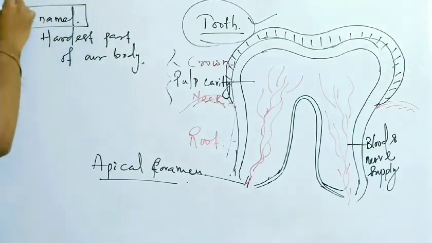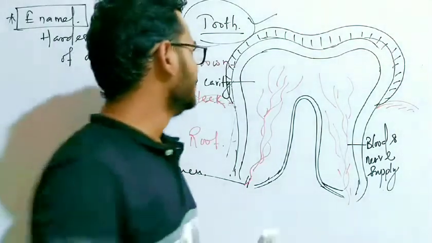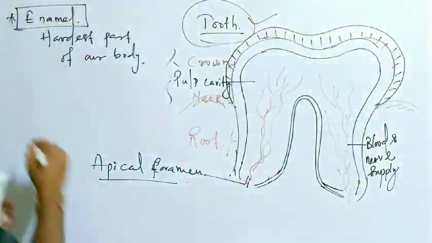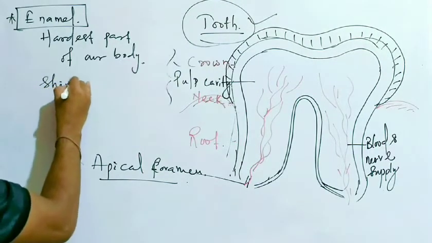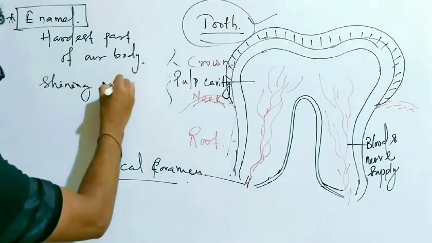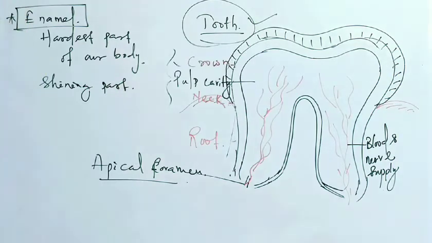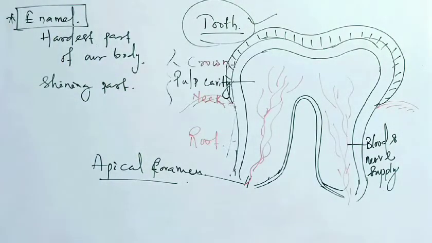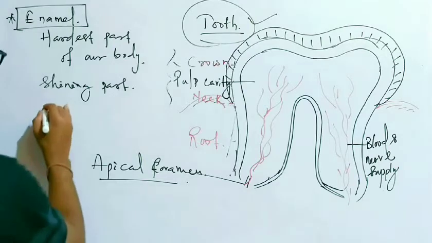So enamel is the hardest part of our body. It is present above the crown region, and it is the shining part of the tooth that makes our tooth shine, and it looks white due to the presence of enamel. And remember, this enamel is